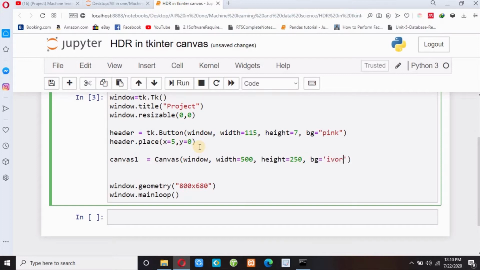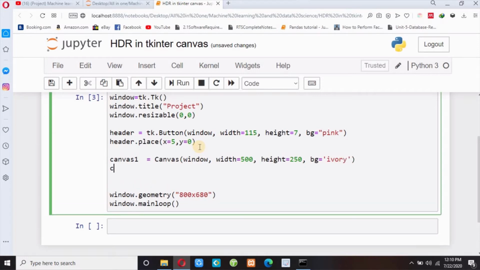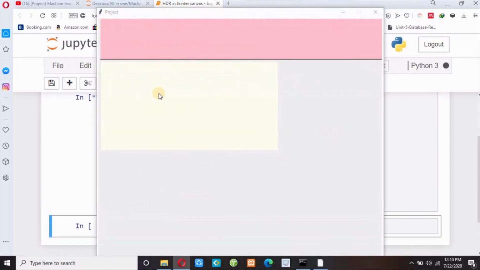You can define any color you like. And then canvas1.place method, where this canvas is to be placed. So x equals 5 and y equals suppose 120. If I execute this, you can see here this is my canvas. This is in white color.